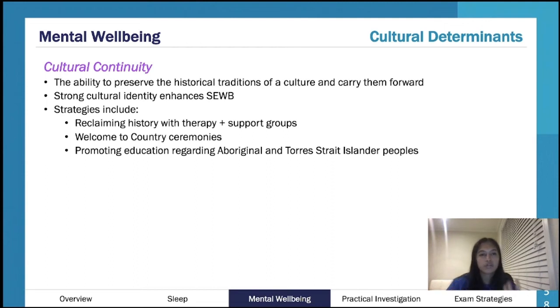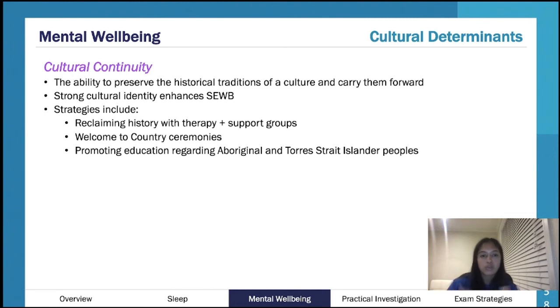So again, thinking of this sort of relating to our social and emotional well-being in terms of that framework. So this idea of cultural continuity, and how this influences mental well-being, is this idea of obviously being a bit more of a protective factor. So this idea of continuing traditions, continuing aspects of one's culture, particularly in the history when we think about stolen generations and things like that, and how elements of culture have been sort of removed. So this idea of preserving these sorts of things is really helpful in terms of mental well-being and on a community level as well. So these are just some strategies.